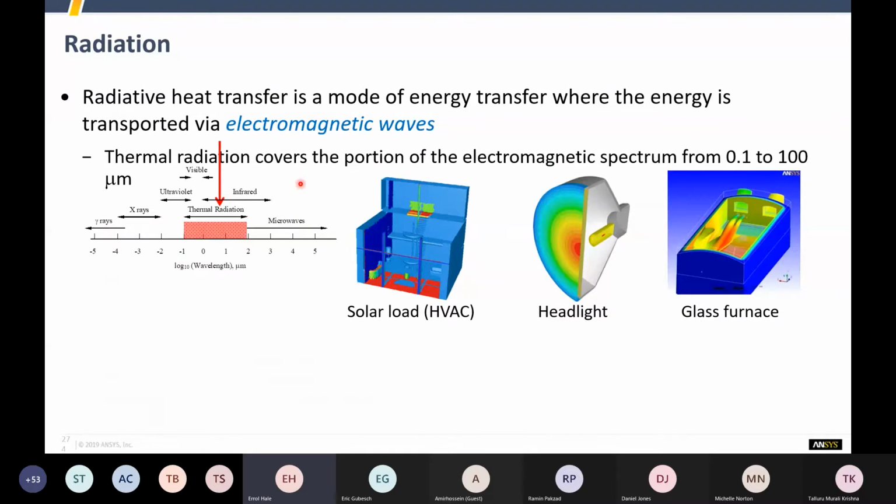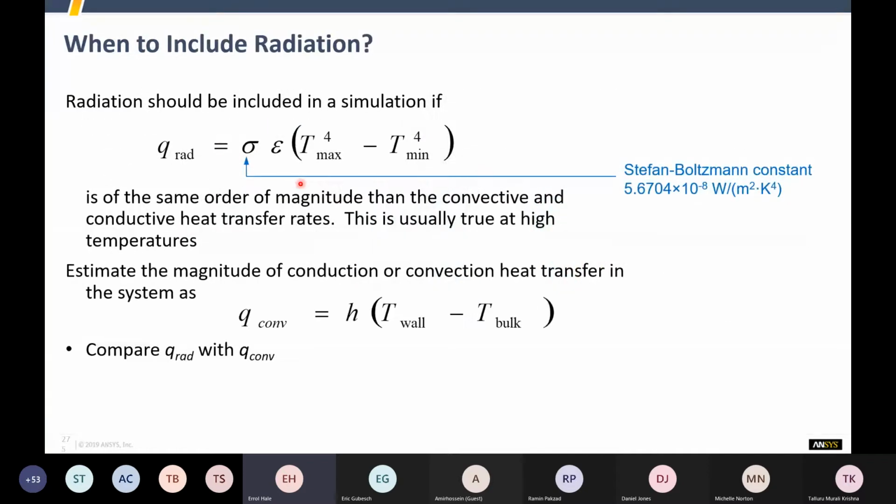Radiative heat transfer is a mode of energy transfer where the energy is transported via electromagnetic waves. So we can have radiation in there as well. There's a bunch of different models that we can use for radiation. It's getting a little bit more higher level in terms of your CFD use, because it does become a lot more complicated. The actual equation for radiation, as most of us have learned, is basically just the Stefan-Boltzmann constant times